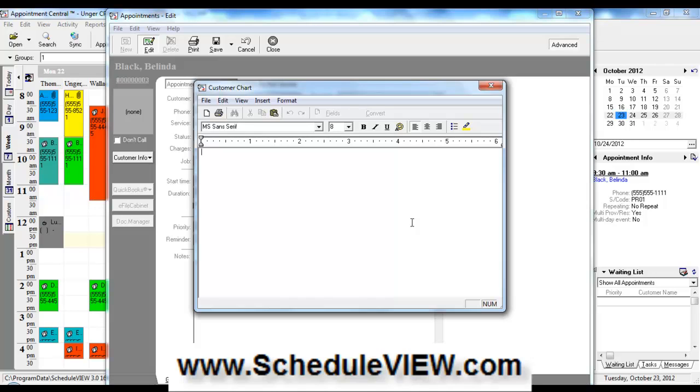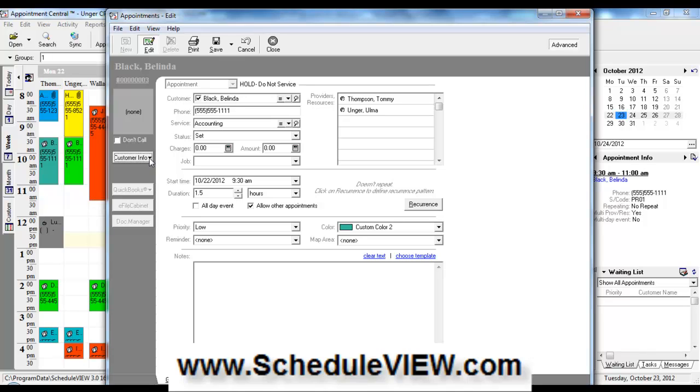You can keep a running narrative note here of either the services that you performed or things that you billed for. This is only a note just for your informational purposes that you can go back to any time that you want. This button right here is for QuickBooks integration. If you wanted to and QuickBooks was enabled, we could also create an invoice from this appointment if we wanted to. If that was enabled, we could call up QuickBooks with this client or customer, Belinda Black, and it would automatically go to the invoicing screen in